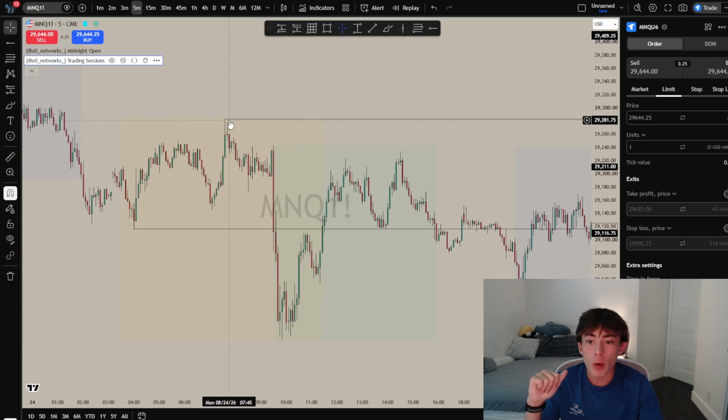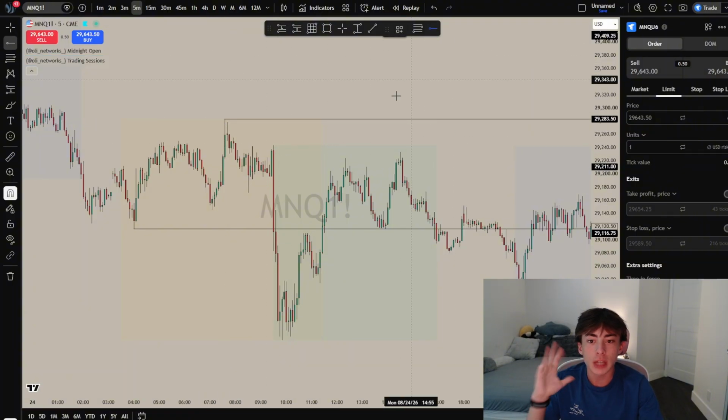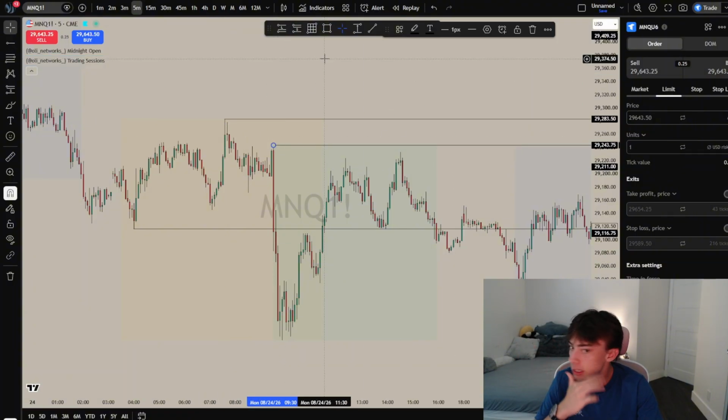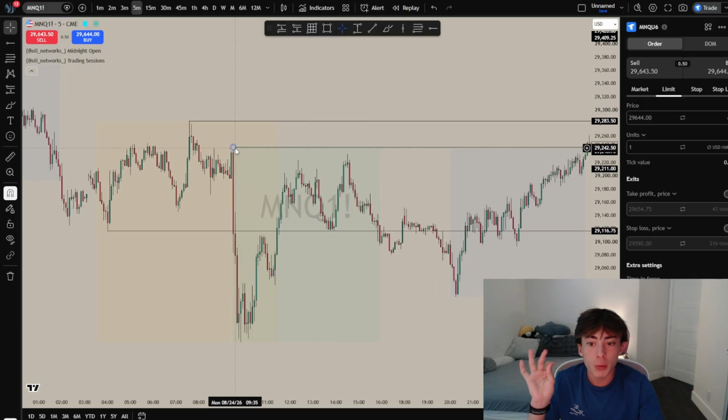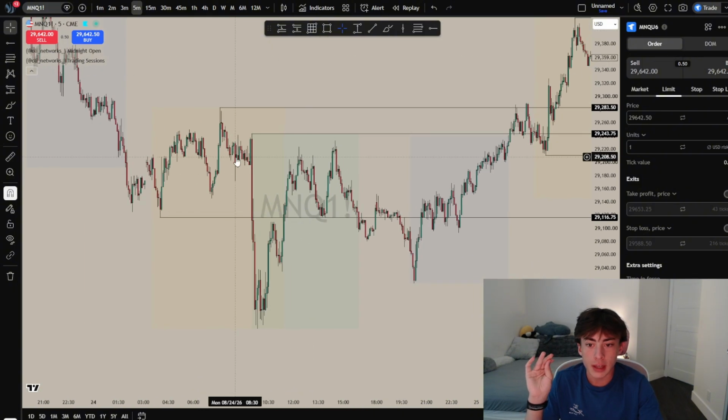Now, how come we didn't go back and trade back to the high? Sometimes it's not always going to play out immediately, right? We can see, and I probably would have targeted this high as well just because it's the 930 high and there's probably a lot of orders here as well. So anyways, we can see that we accumulated, we took out this low, and now we can look for buy